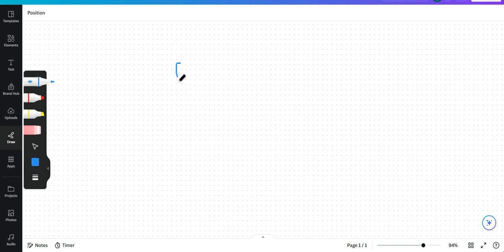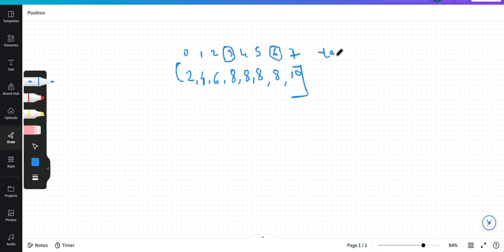Let's say we have this array, 2 4 6 8 8 and 10, and these are the indices 1 2 3 4 5 6 and 7. So we need to find 3 over here, and we need to return 6 if our target is 8. So we'll be doing a binary search, but what we'll be doing is,